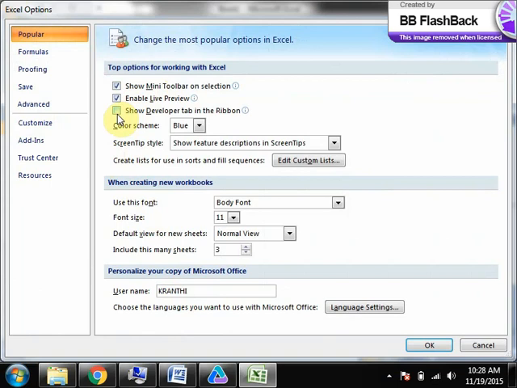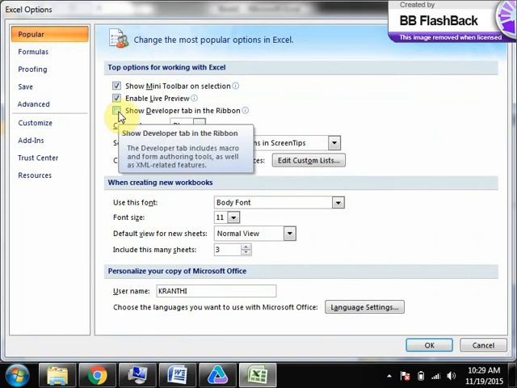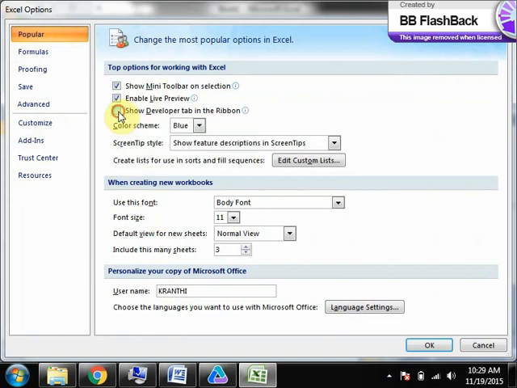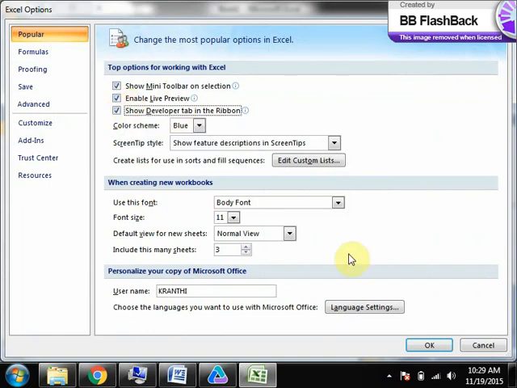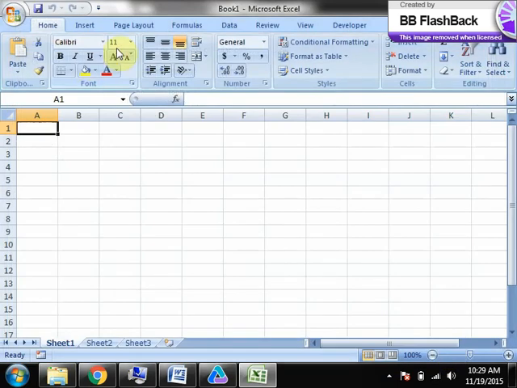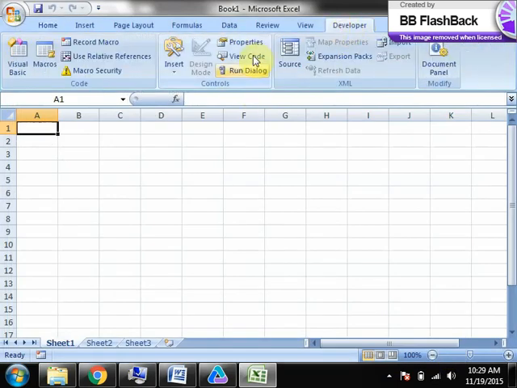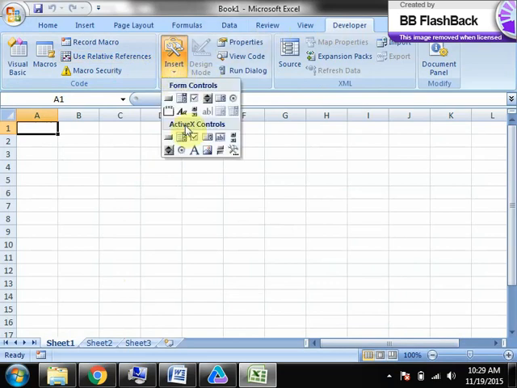You can see, okay, show developer tab in the ribbon. So in case you don't have that, you come here and select. Okay, if it is already there, that is fine. So normally you can write macros or you can define all these radio buttons I told, right? From the developer tab only. You have a lot of controls here in the developer tab.